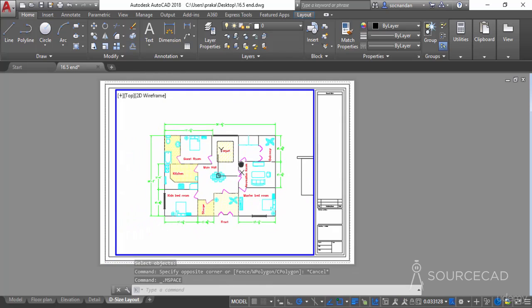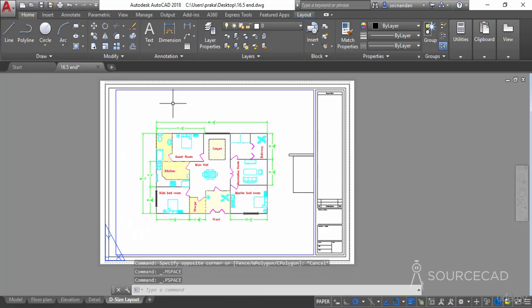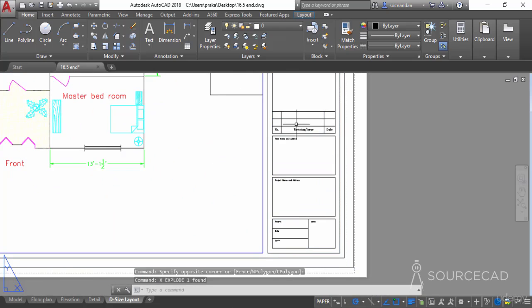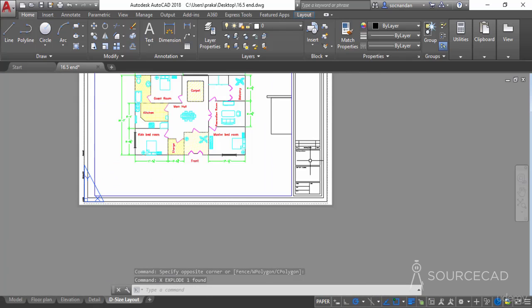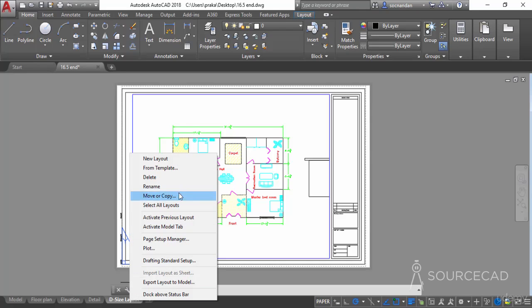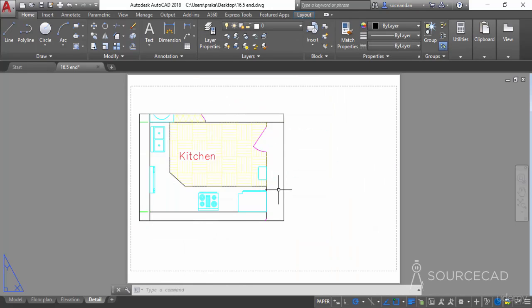Now we can move it here in this drawing area, double click outside, and we have it just like simple drawing. And we also have this title block. Here also you can select it and explode it once. And now you can modify different fields of this title block, but you need to change the paper size because in this case we don't know the paper size of this title block, and it will be set according to the template. So for now, I'll simply erase this D size layout. So this was all about inserting our own title block and other information in AutoCAD drawings.